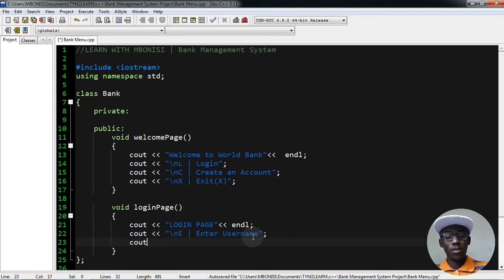Okay, cout, then our option is P, password, so let me just say P, and then enter password, just like this. Okay, cout,